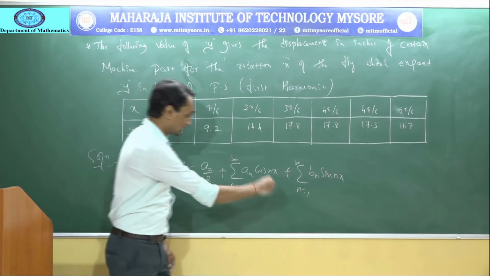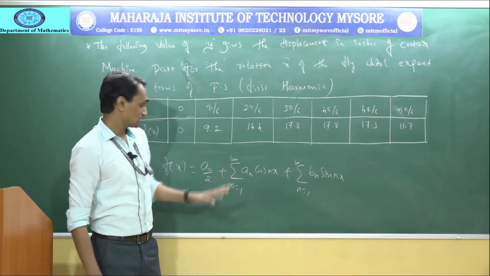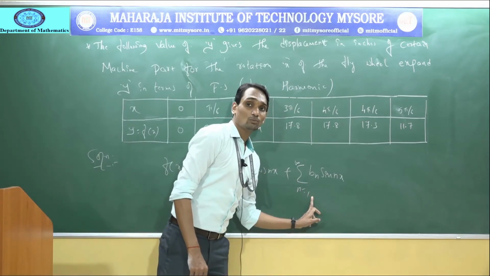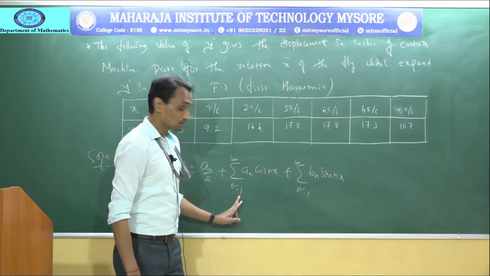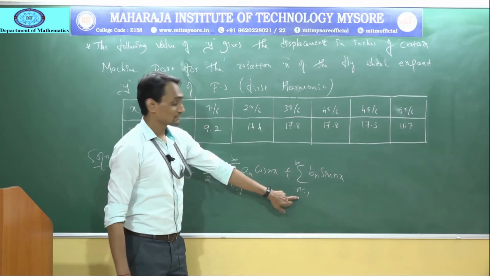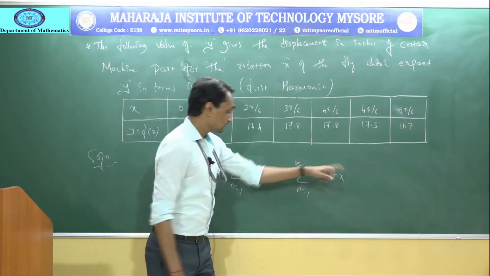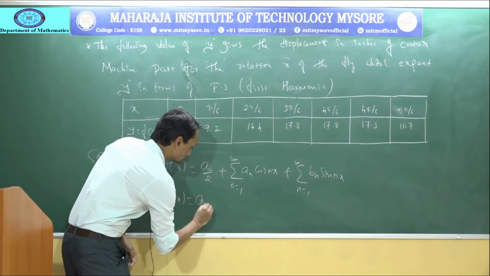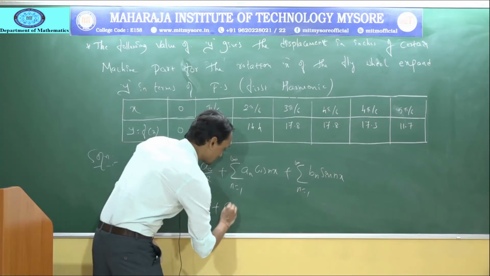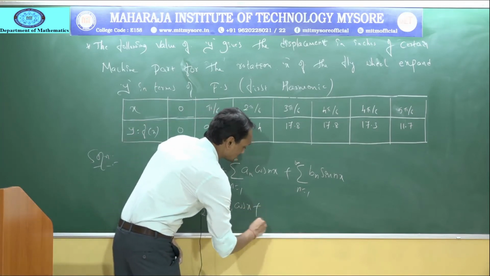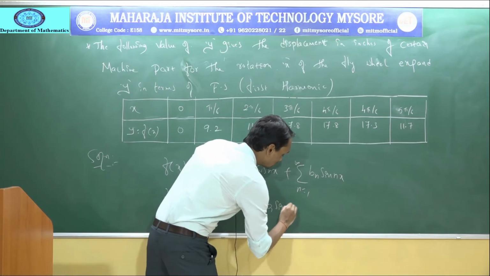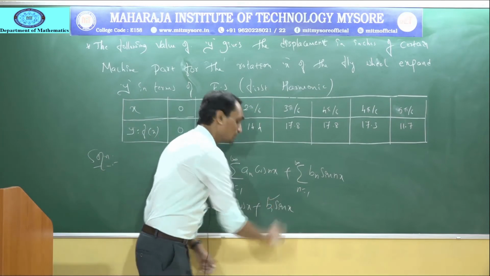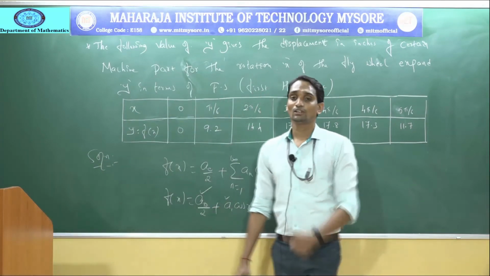Now I will go for the substitution n equal to 1 because the given question is first harmonic. Here also substitute n equal to 1. In this case also substitute n equal to 1. If it is second harmonic, then n equal to 1 and 2 here; in the same way expand the summation for n equal to 1 and 2. So f of x equal to a naught divided by 2 plus a1 into cos x plus b1 into sin x. So which are the values you require? A naught, a1 and b1. These three values we need to calculate.